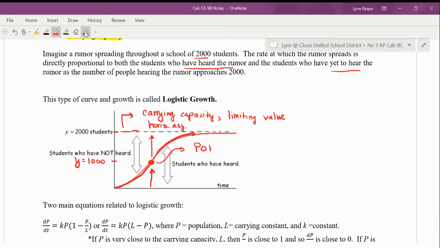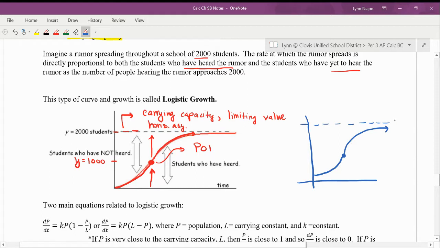All right, so in general, let's get some values on here just so we can see what we can expect to see. So we have that exponential growth, it hits that point of inflection, and then it begins to taper off. And then we have our carrying capacity, which we will often refer to as just y equals L because it will be a limit. And this point of inflection